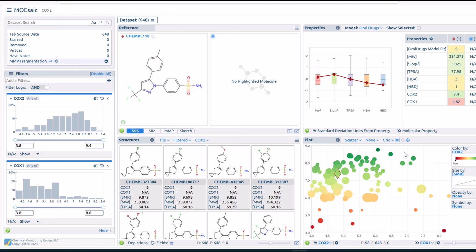There are three different methods to exploring MMPs in MOEsaic. We have interactive MMPs for visual inspection of a reference structure, MMP profiling to query a transformation of interest, and then finally interesting MMPs for global MMP exploration. Let's start by looking at interactive MMPs, which we can initiate by clicking the MMP button that sits in the footer of the reference. And notice when I hover over different parts of the ligand, they become highlighted in green,